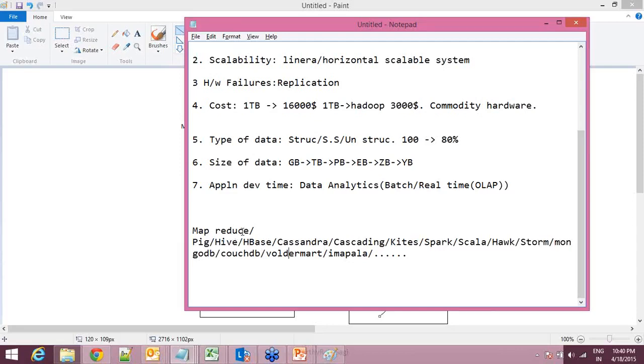But these are all ecosystems. There are certain projects which are implemented in MapReduce as well. The beginning projects which were started in Hadoop, most of them follow MapReduce. But the bad thing in MapReduce is you have to know some programming language to work with it. It's not limited to one language. You can do MapReduce programming in C++, Python, Ruby, Perl, Java, Shell. You can use any programming language to write a MapReduce program.